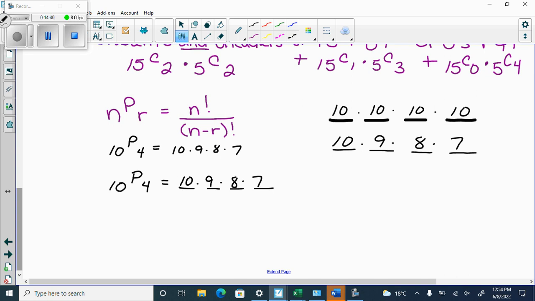So if it actually repeated, you couldn't use 10P4, even though it's still a permutation. If you said this person has to sit here and this person has to sit here, you wouldn't be able to use this either. All right. Now, where the heck does this come in handy? Well, this comes in handy when they give you something like,